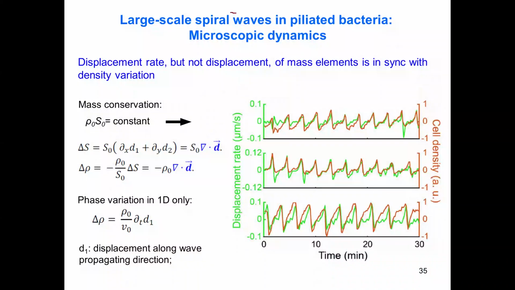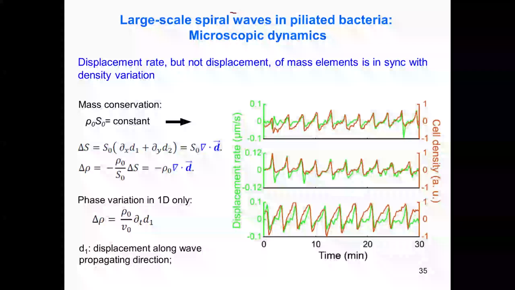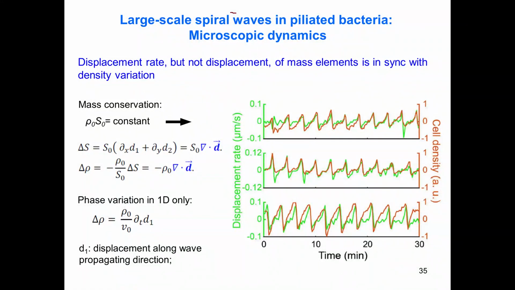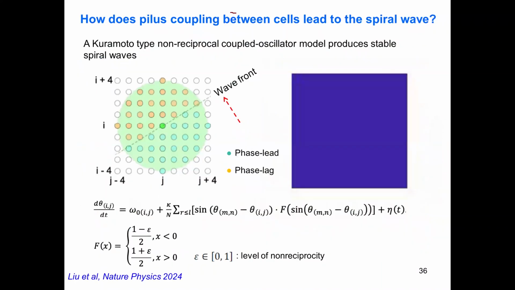So this tells us the wave is basically a tension wave that represents the spatial temporal regulation of tension across the entire bacterial film. So to understand how this wave emerges, we resort to the well-known Kuramoto model that describes the synchronization of phase